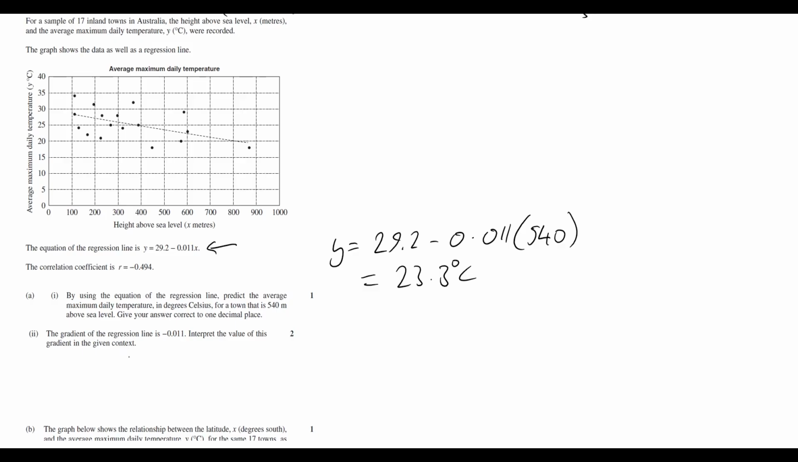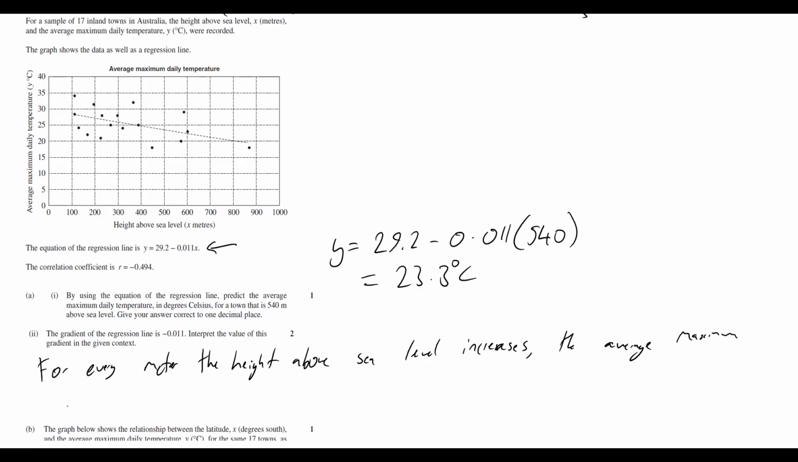So the important thing here is that it's a very basic question, but it's actually been allotted 2 marks. So we need to be very, very specific about what this is saying. So let's interpret this gradient. What we should say is something like this: for every meter the height above sea level increases, the average maximum daily temperature decreased